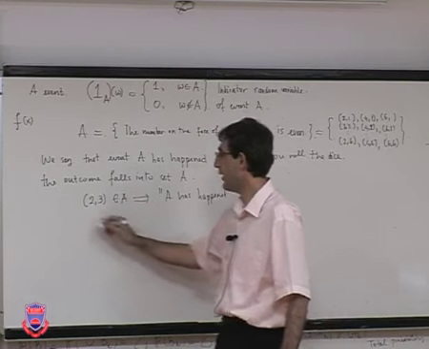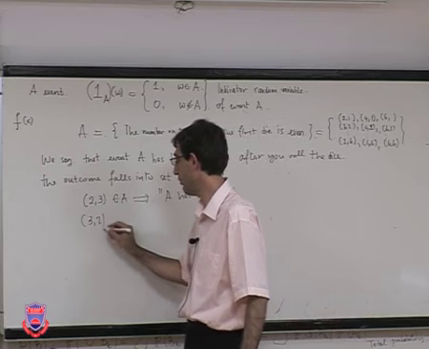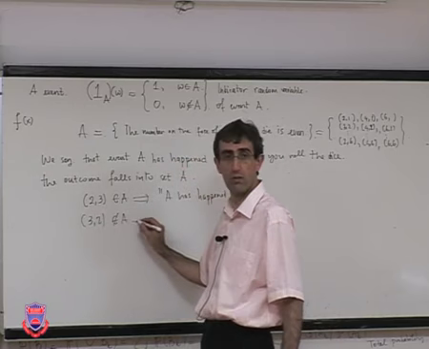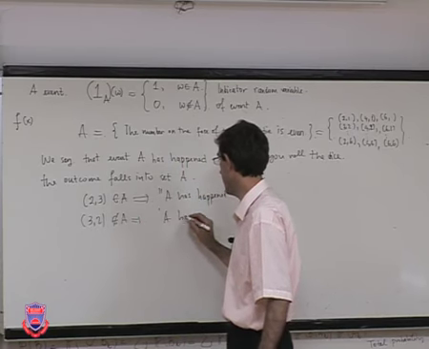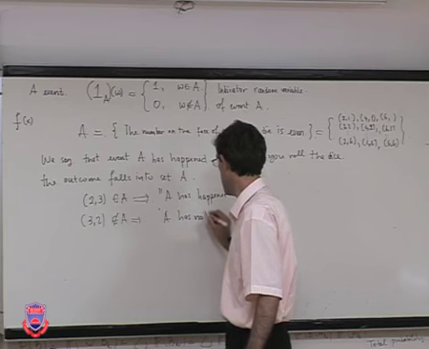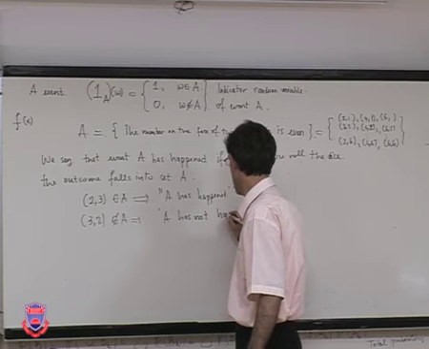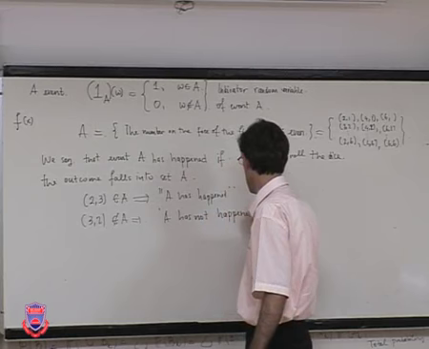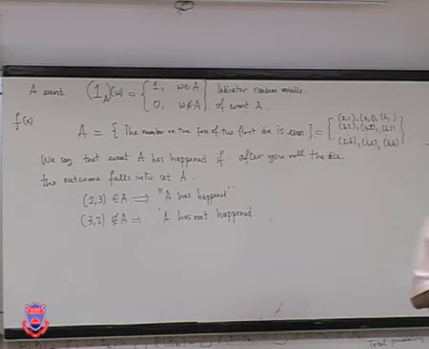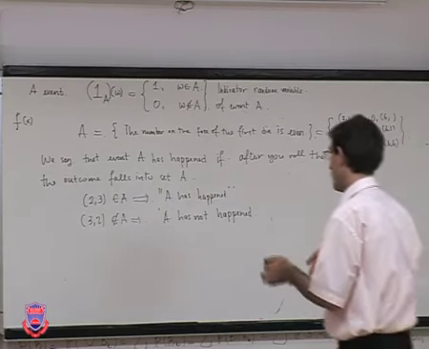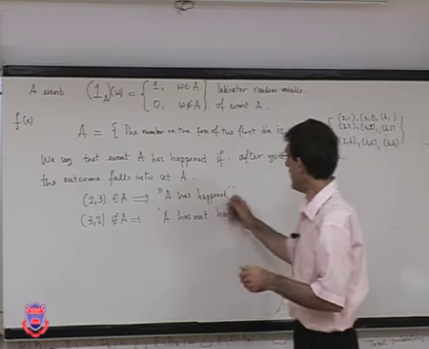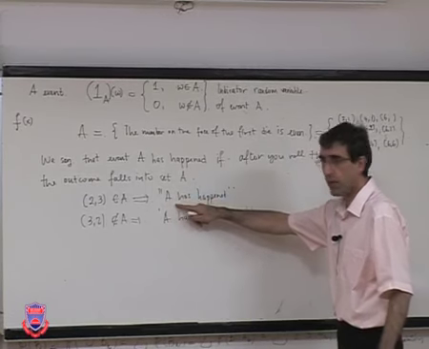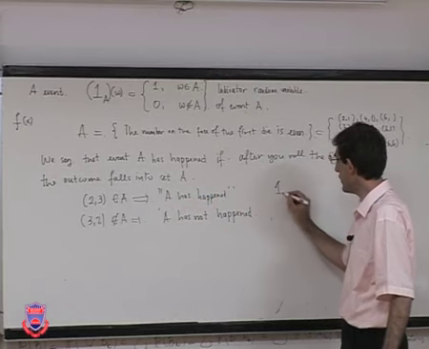On the other hand, if you observe 3, 2, well, this doesn't belong to A. So in this case, you say that A has not happened. So this is elementary, but if you have not thought thoroughly about it, then sometimes it is confusing. Now, in this case, either you say so, or you can just say, okay,